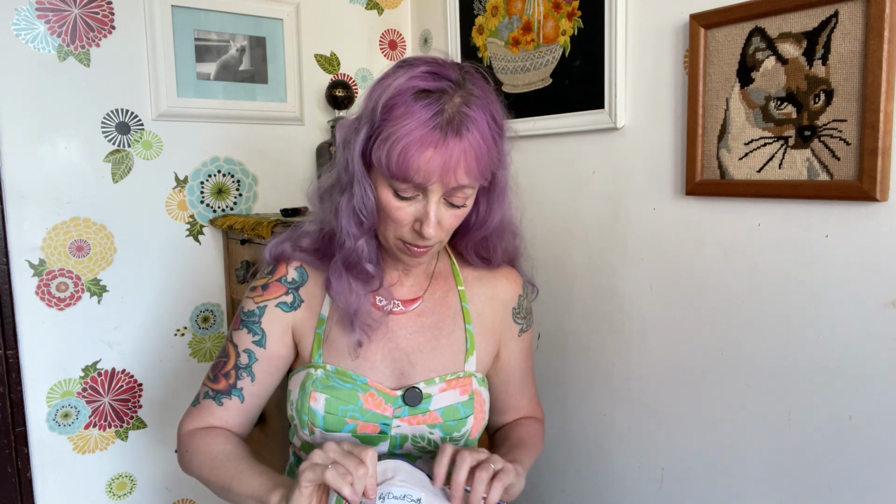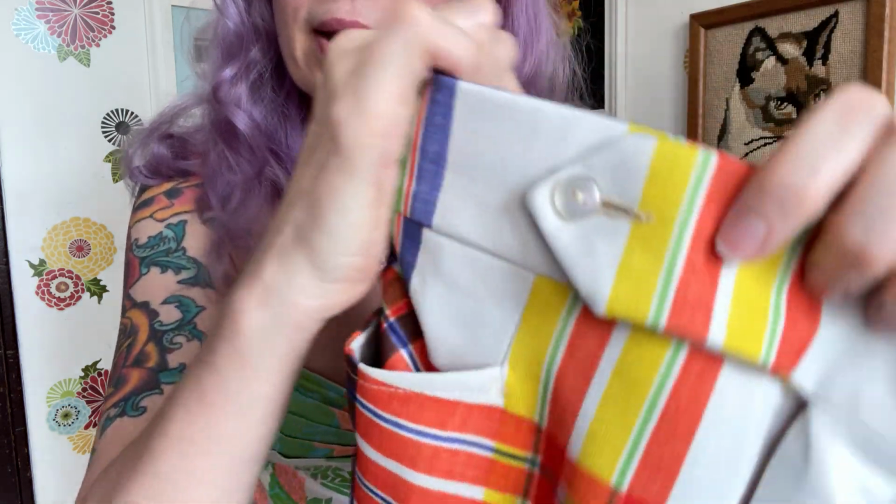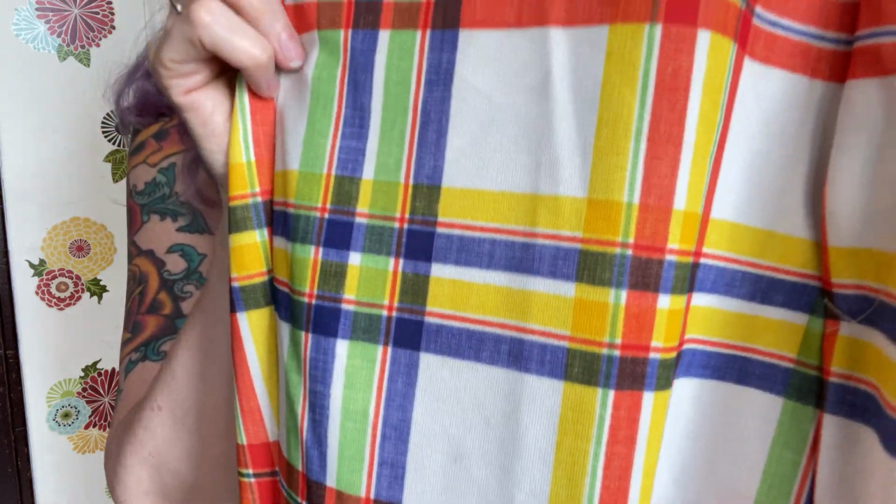These fit me. I tried them on once I got home. I didn't really look in a mirror. The only problem I have is that the length is a little short on me, and a pant like this, I feel like it might look goofy being too short, but I'm not positive. I feel like I want to keep these. They are polyester, and I don't do well with polyester, but they're rainbow plaid pants. Here's the tag, David Smith. And then there's that guy, right? I mean, just come on with these pants. They're so good. And these were